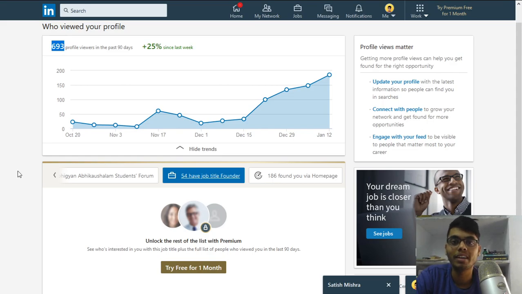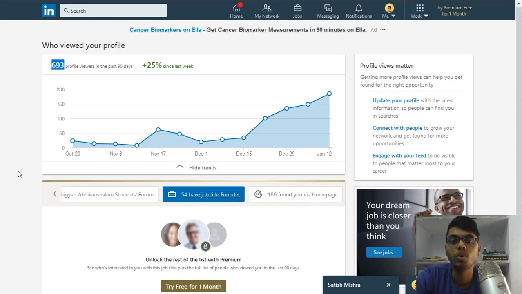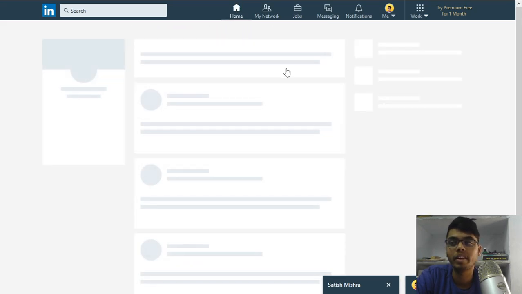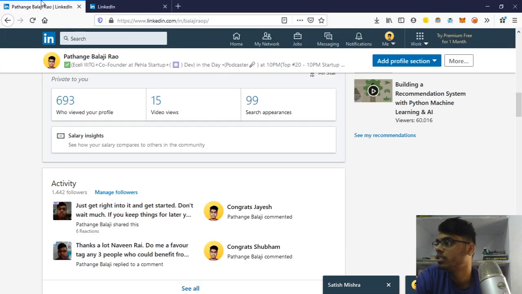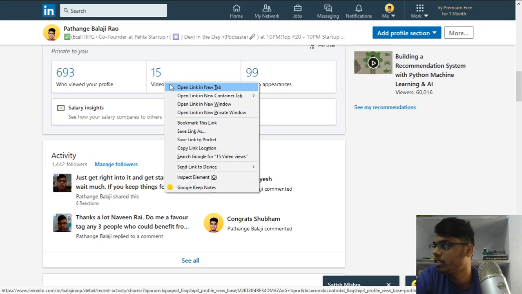But if you want to speed up the process, and get more understanding of who is visiting your profile, and if you want to send InMail messages and get the premium benefits, then definitely you can check it out. So this was this section, and this next section just shows